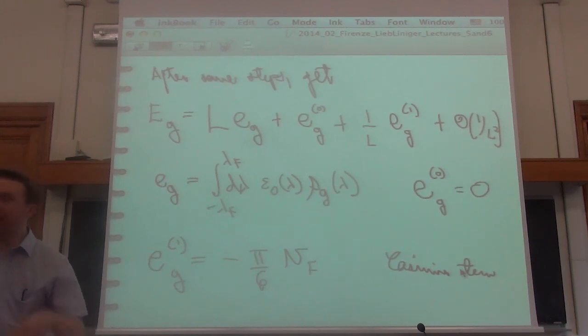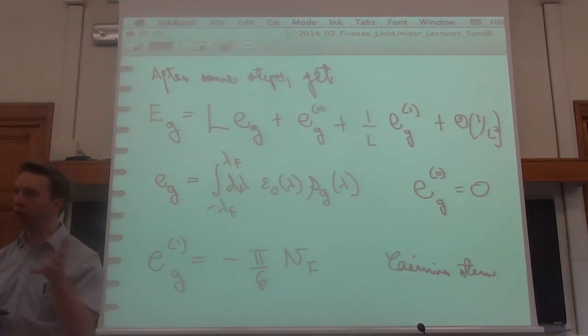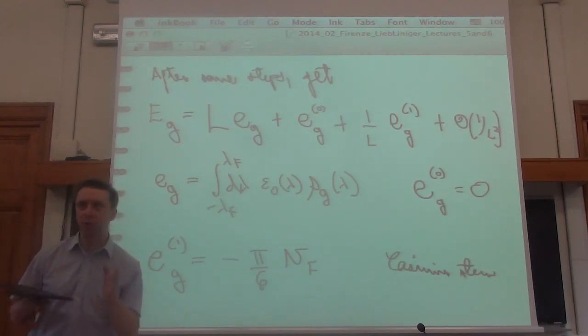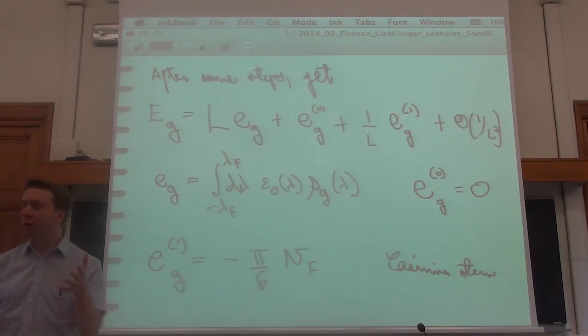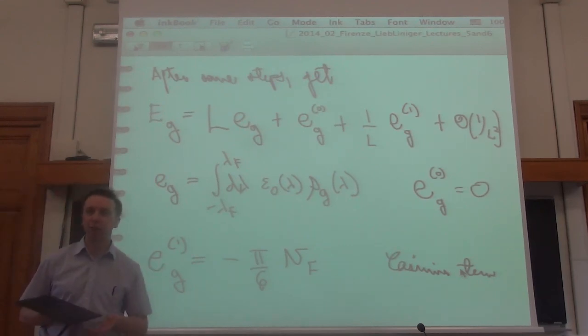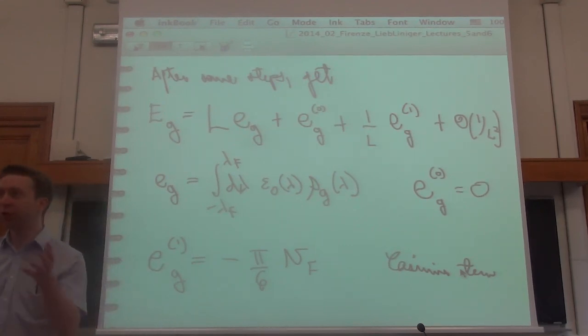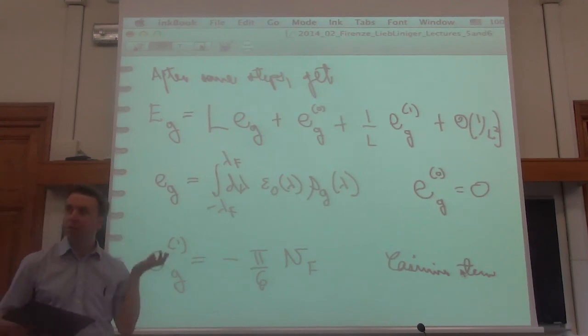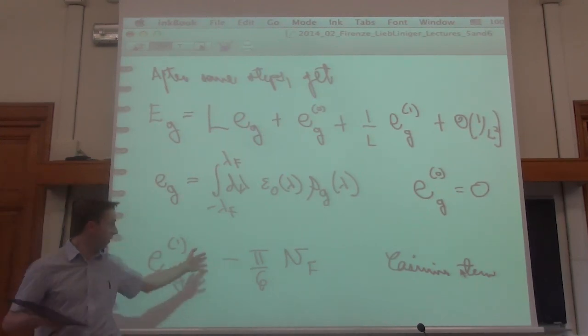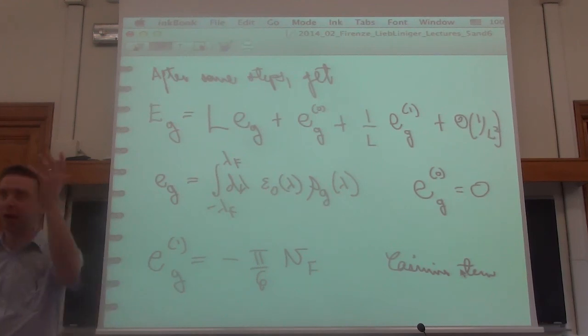Okay? And if you know a bit of conformal field theory, you know that the corrections to the ground state energy, the 1 over L corrections to the ground state energy, they're universal. So they tell you something about the central charge of your theory. So here it's a C equal to 1 theory, and the v_F naturally occurs in here because, yeah,